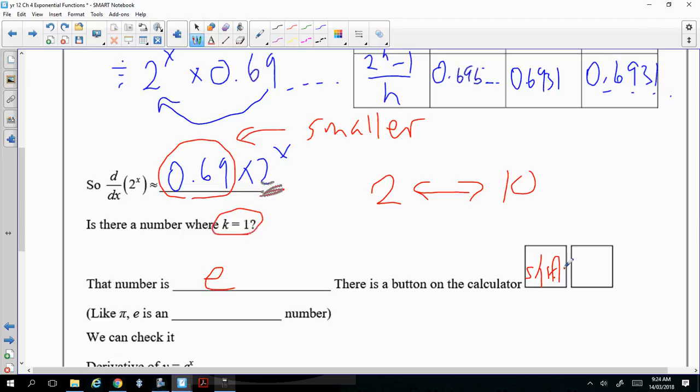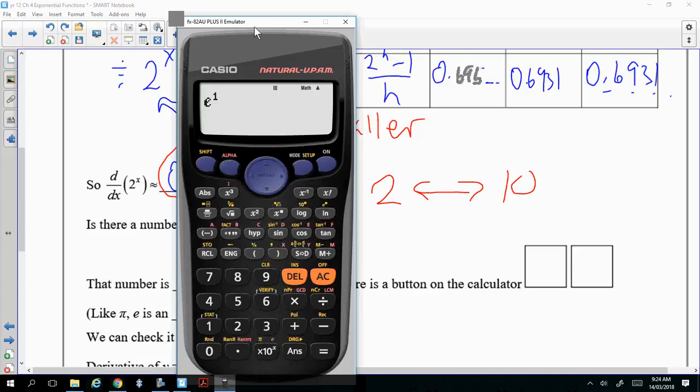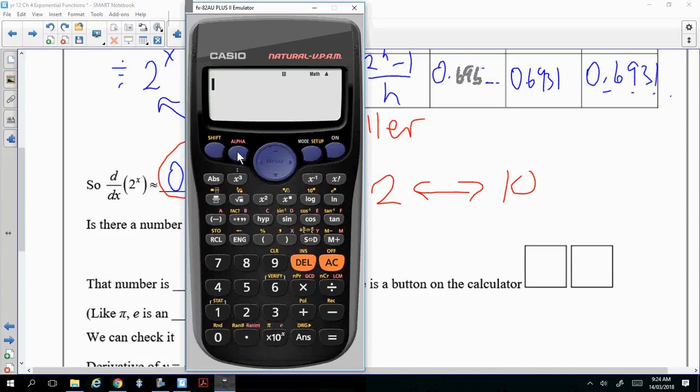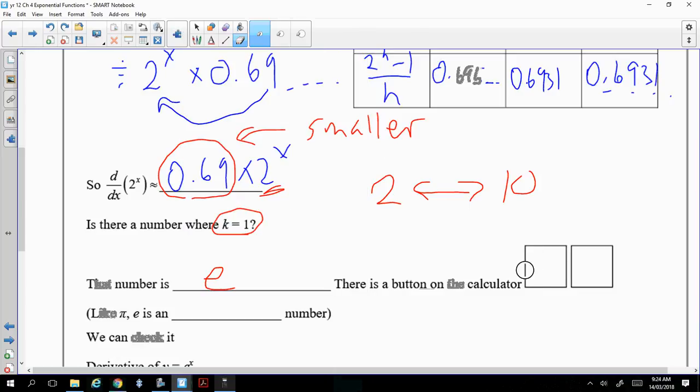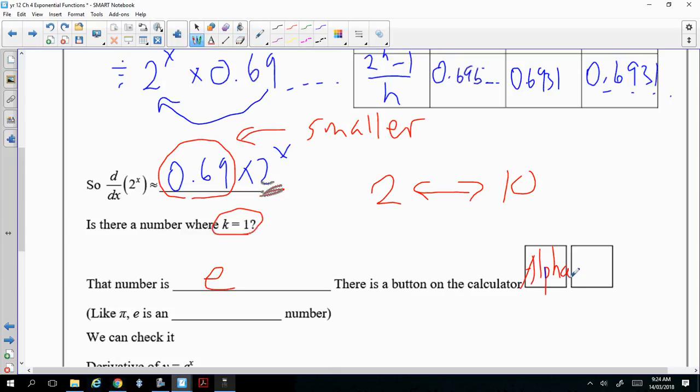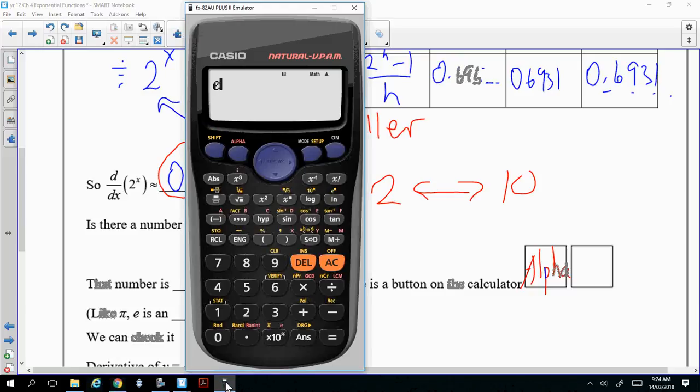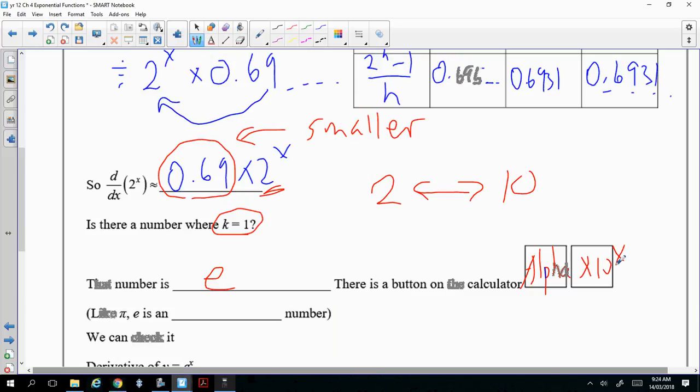It's actually next to the pi, but probably better this way. Press alpha, this button, see pi, today is pi day, we've got e. Alpha, this button will be times 10 to the power x. But press this button, see what number you get. Press equal, you get